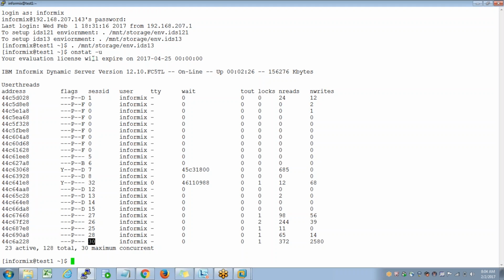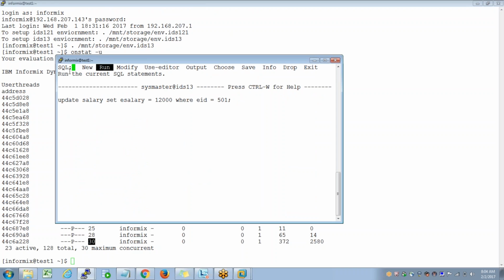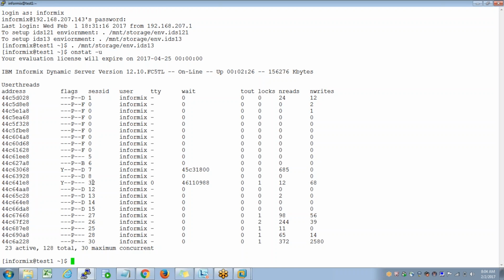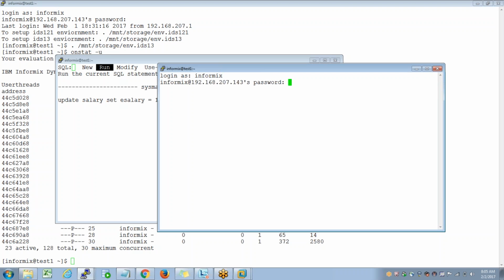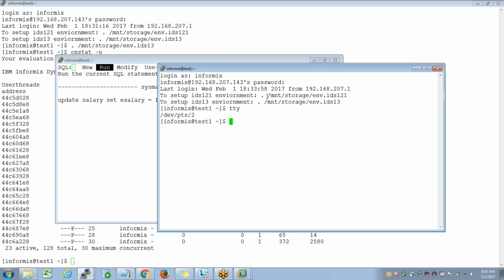So one of these is responsible for this DB access here. Someone connected to the database here. This is identified by one of these sessions. I don't know which session that is. If you look at this, this is the thread ID. What the thread is currently doing is specified by flags. The current session ID is needed to find out the current SQL or current work each session is doing. Informix, this is the user. The terminal: each Unix terminal, whenever I open any new terminal, has a terminal ID. Whenever I say TTY, each one has a terminal ID. This is a terminal ID too. If for example I issue a command dbaccess sysmaster,